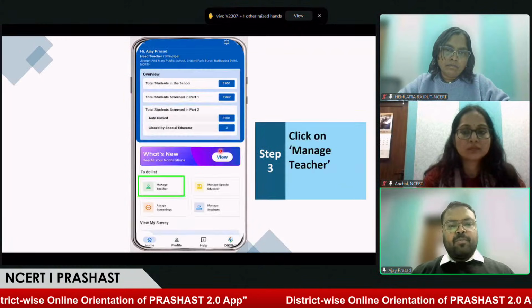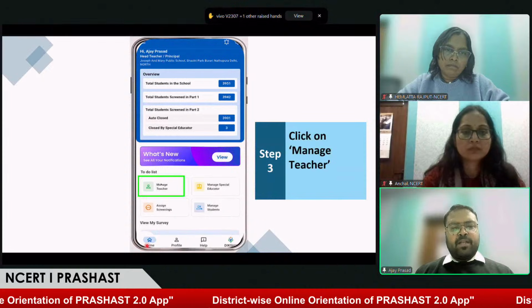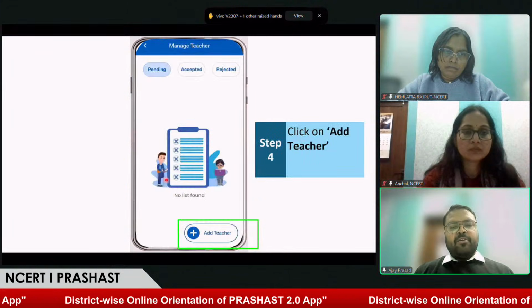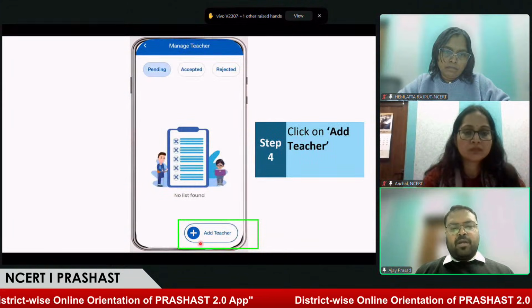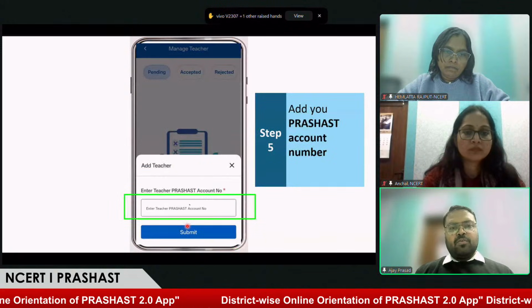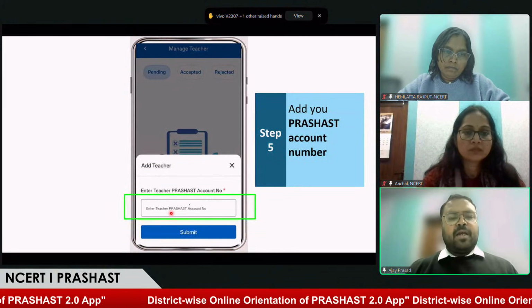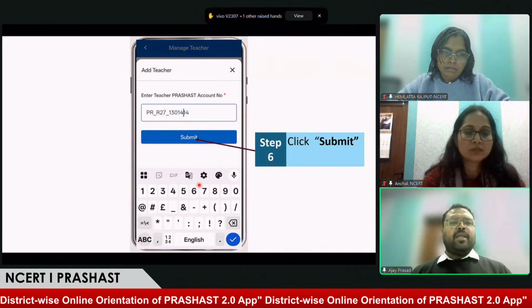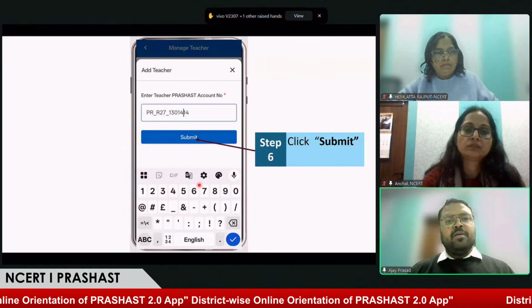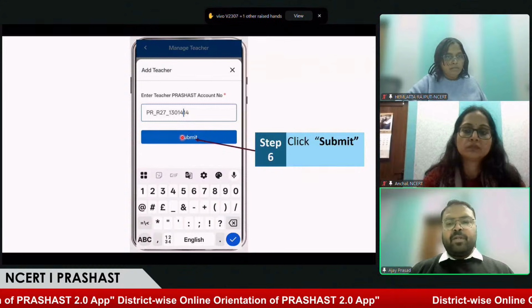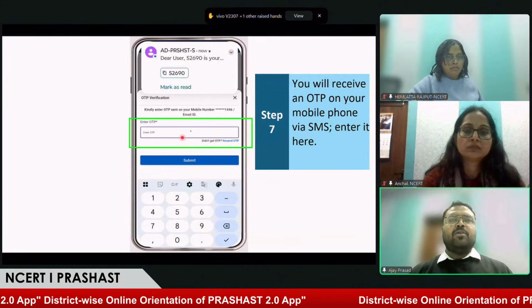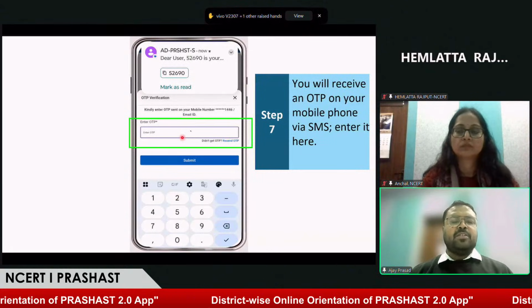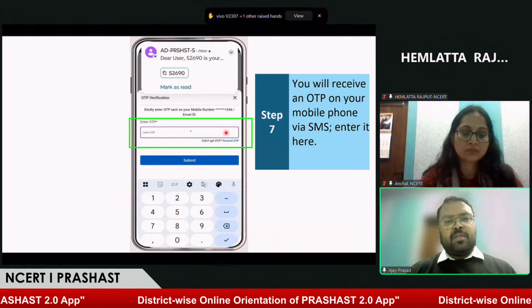Once I do this, I'll go back to home by clicking on home at the bottom of the page, and then I'll go to manage teacher over here. After entering manage teacher, I'll find there's an option to add teacher in this section. Once I do this, I'll have to enter the Pehchan account number that I've copied from my profile. This means I'm adding myself as the teacher in this application. Once I add my account number and submit, I'll get an OTP. Adding a teacher can be done for any individual, but right now I'm adding myself and I'm the head teacher. So I'll be verifying myself through the mobile number.